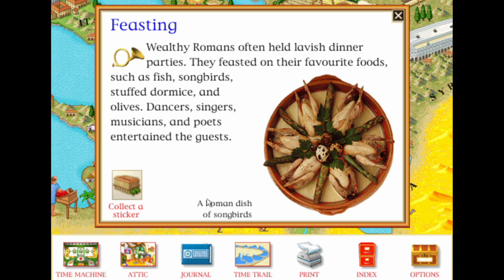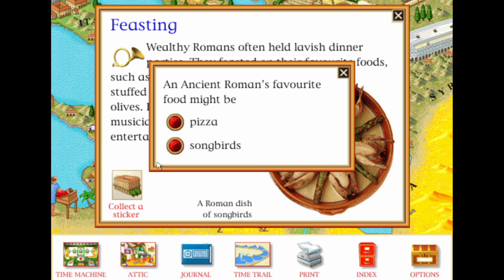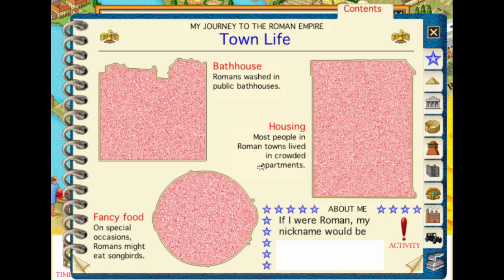Feasting. Wealthy Romans often held lavish dinner parties. They feasted on their favourite. An ancient Roman's favourite food might be...